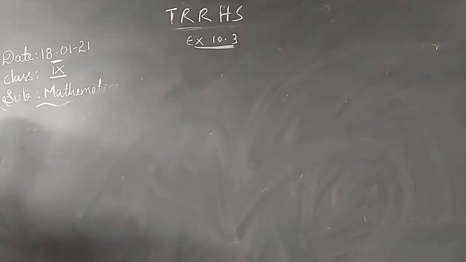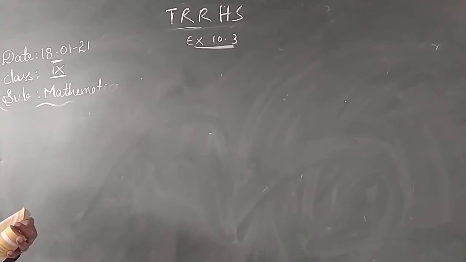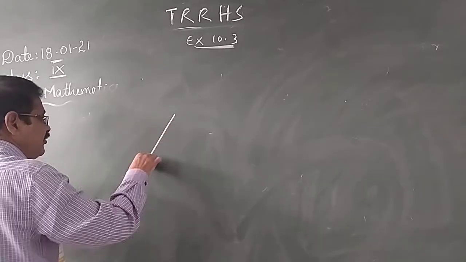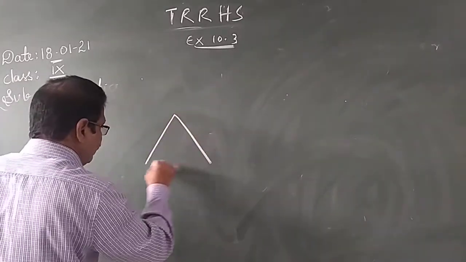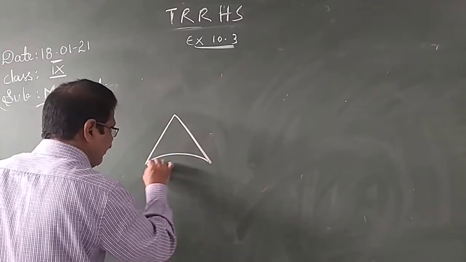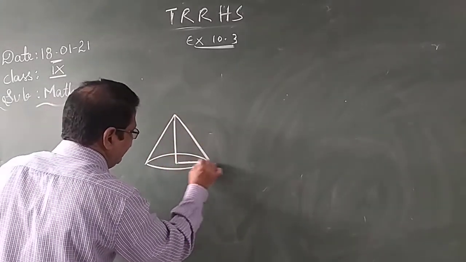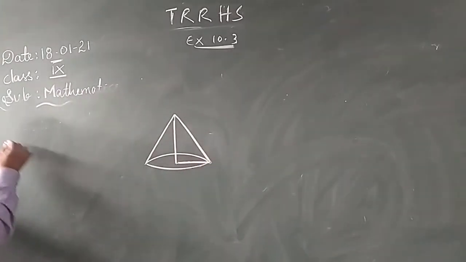The curved surface area of a cone is 1159 5/7 square centimeters. The area of its base is 254 4/7. Find its volume. Okay, the area of its base. The cone is a conical shape. Here the base area is given. The base of the cone is a circle, and its area is given.